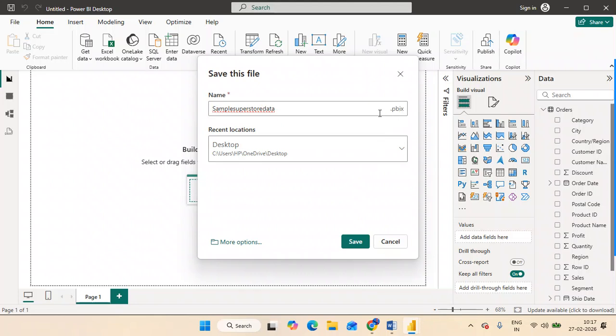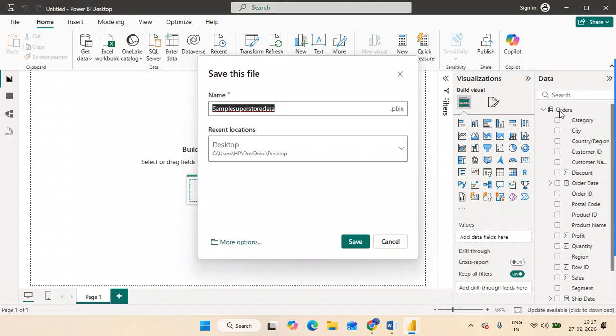What is the meaning of import? It will bring the data from a database to the desktop level. It will bring the data from the data sources. What are the data sources? You may connect SQL Server, Snowflake, Teradata, or any kind of external data source. Whatever table you have connected, it will not bring all the tables, it will bring only that table.